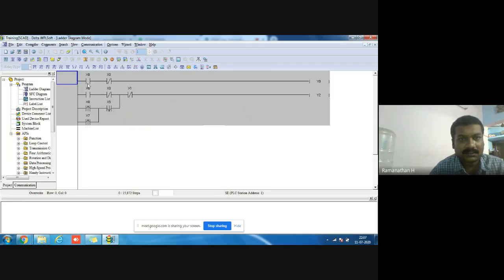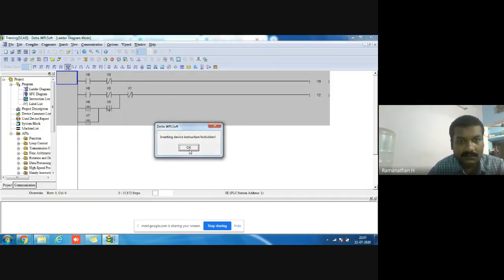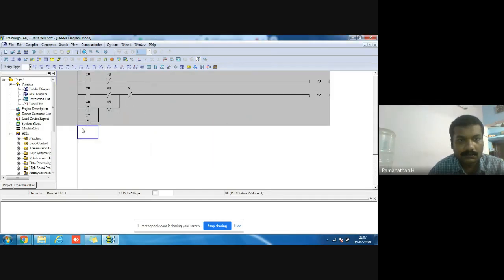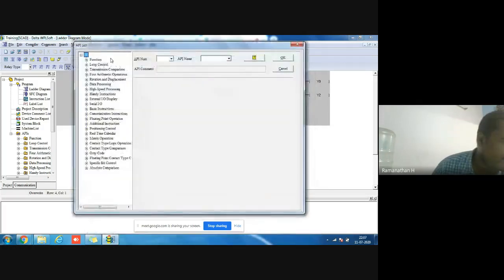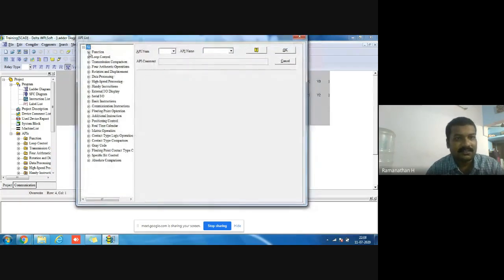Here this is the shortcut. If I press F6, these are the instruction list of this WPL software.